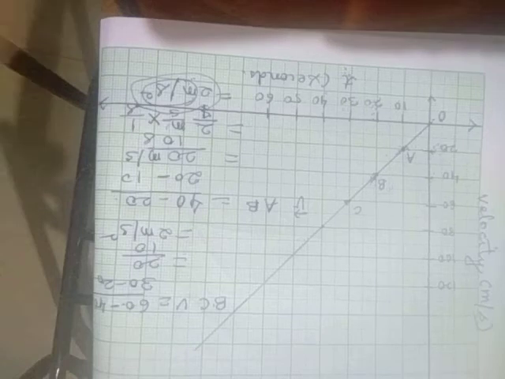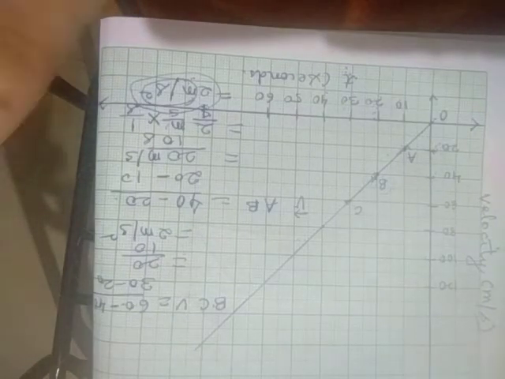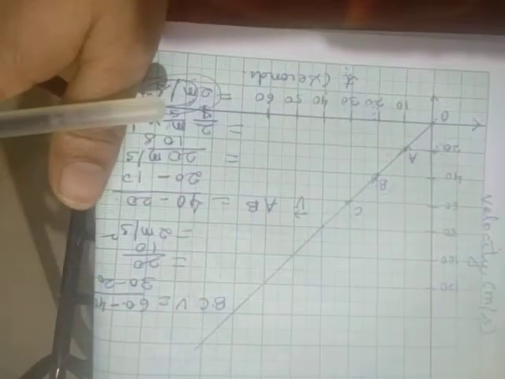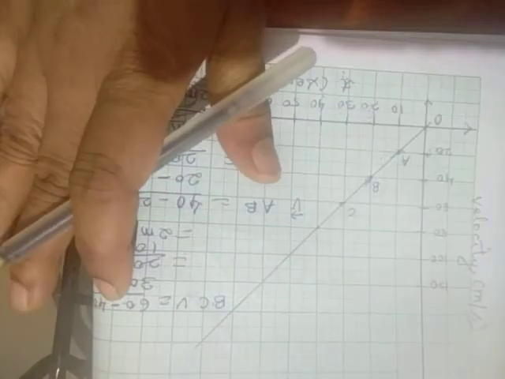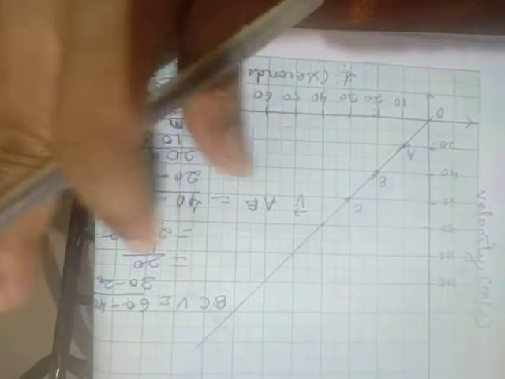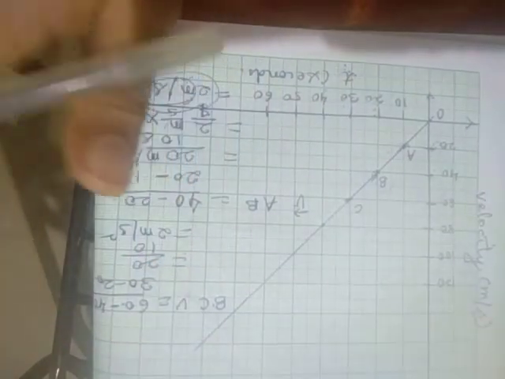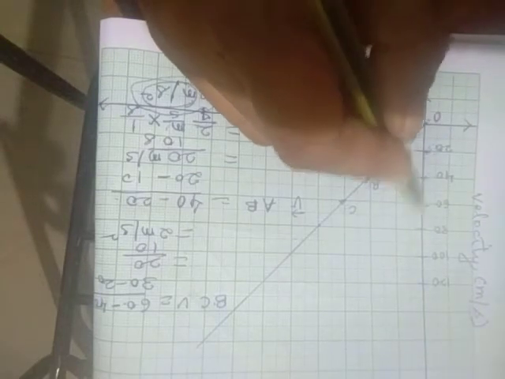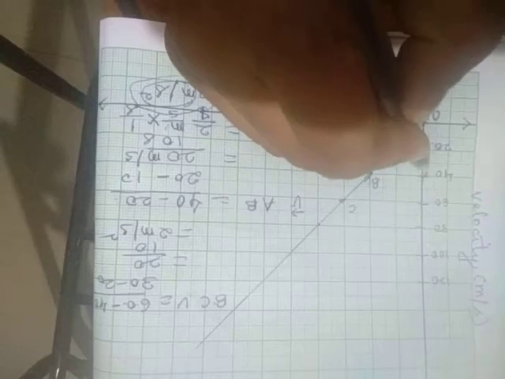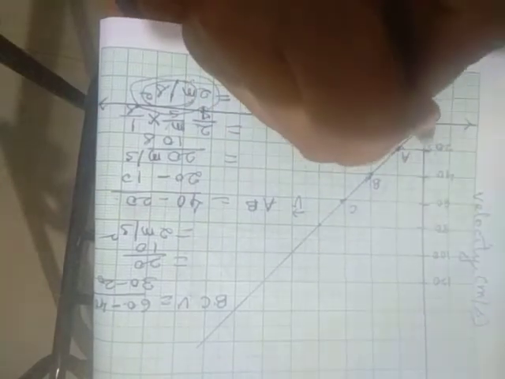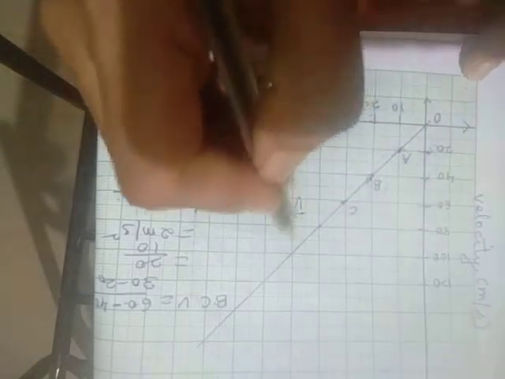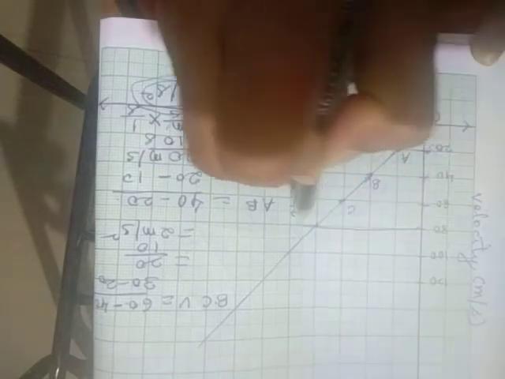Can we call it uniform motion? Can uniformly accelerated motion be called uniform motion? No, my dear students. In uniform motion, the velocity remains constant or the speed remains constant. Here the velocity is not constant. It is changing at a constant rate, but it is not constant. We cannot say that every time it is 20 meters per second, 20 meters per second, 20 meters per second. Then the graph would have been something like this.